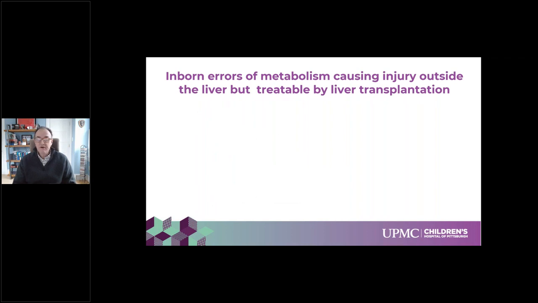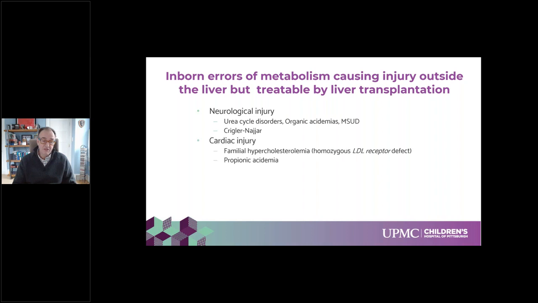So if we look at the inborn errors of metabolism that cause injury outside the liver but are treatable by liver transplant, we have those that cause neurological injury, such as urea cycle disorders, organic acidemias, maple syrup urine disease, and of course bilirubin encephalopathy from Crigler-Najjar syndrome. There are defects that cause cardiac injury, such as familial hypercholesterolemia or propionic acidemia, and those that cause renal injury, such as hyperoxaluria type 1, and factor H and factor I deficiency, which are defects in